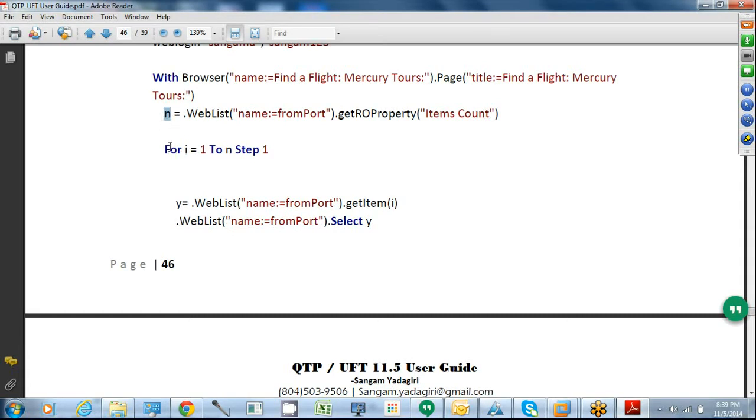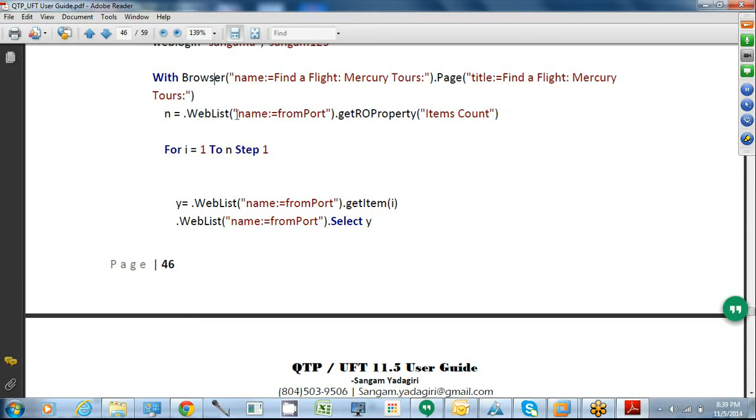So you can use n, which means you can use a for loop. Here WebList is the drop down, so Browser.Page.WebList. I have already used a With statement, which is normally used to repeat something. It repeats Browser.Page, so whatever follows until End With uses it, and I don't have to repeat Browser.Page every time.